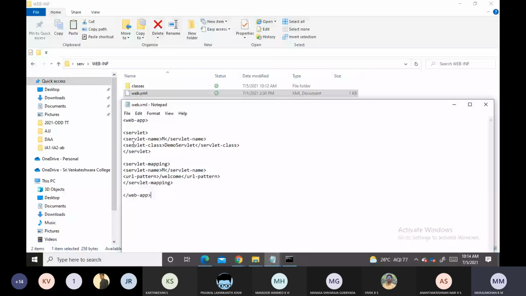Next we will see what this is when we discuss servlet programs. As of now, inside this WEB-INF we are creating the XML file, and this is the same for all programs.